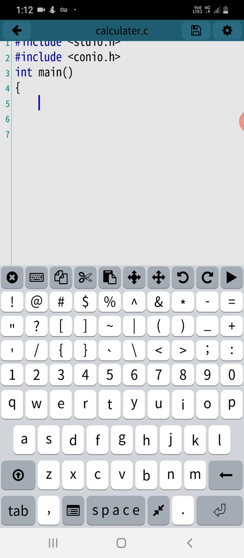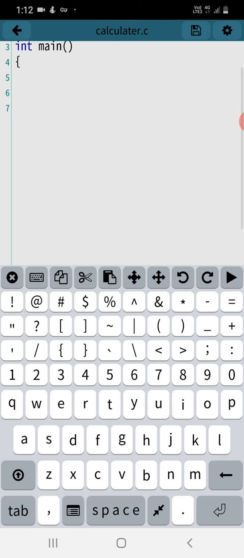I am going to write a program using the switch case, which switches the given cases as per our input. Before going to the program, I am going to say that by using the switch case, I am writing a program which supports a calculator, which performs the arithmetic operations.